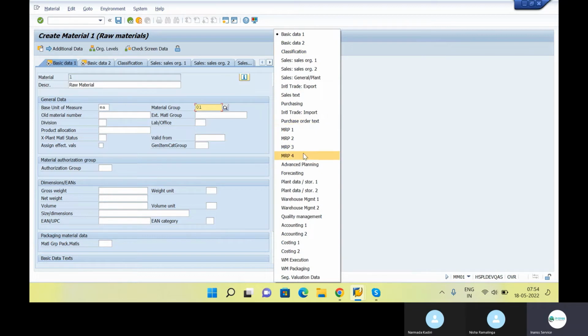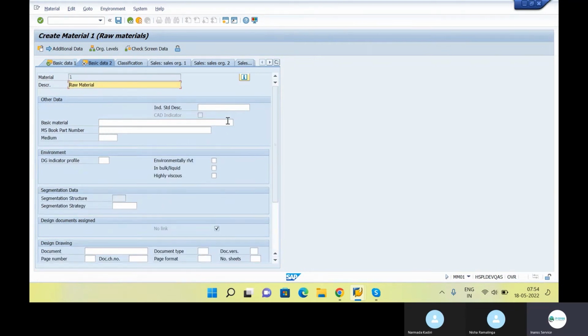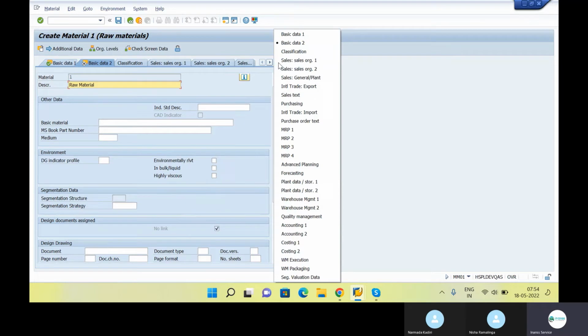Okay, so now what I'm doing is enabling basic data, general data for the company code, and the accounting tabs. That's it. Nothing else we are going to enable, right? In the basic data tab, we have enabled each, which is the unit of measurement, and then material group. Now give enter, and this is the basic data 2 tab. Here nothing is mandatory. Now directly I will go to